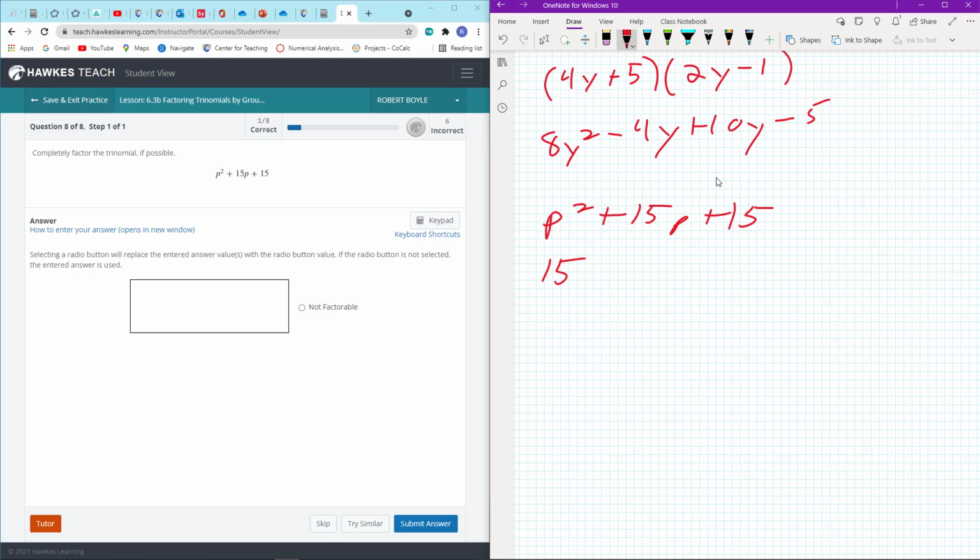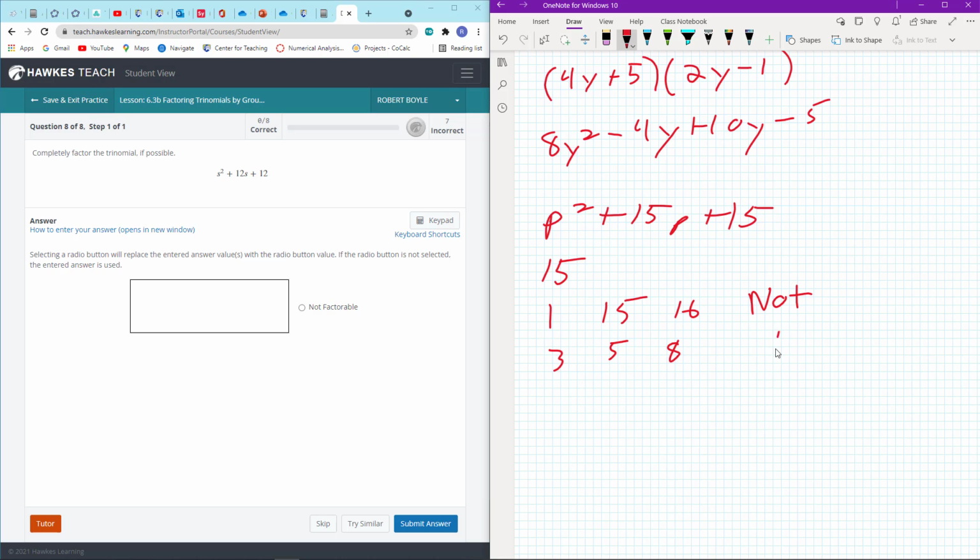Actually, if you wanted to, you could use the approach in section 6.2 to solve this, but let's go ahead and solve this by grouping. Here we multiply a times c, 1 times 15, which gives me 15. Now I want to find all the factors of 15 that will sum to 15. Well, we have 15 and 1, which sums to 16. The only other factors are 3 and 5, which sum to 8. Those are the only factors of 15, and none of them sum to 15. As a consequence, this is not